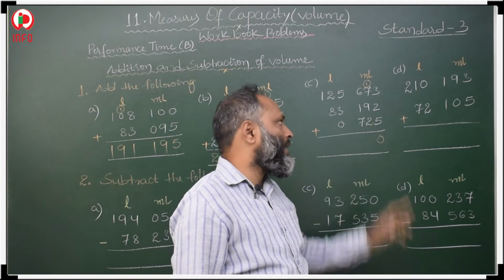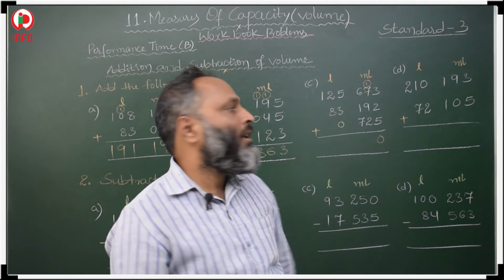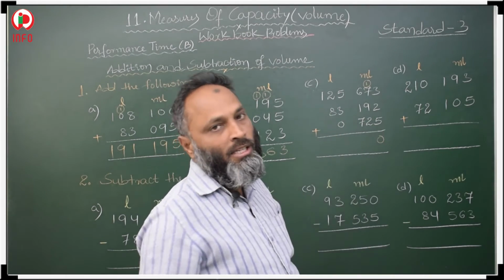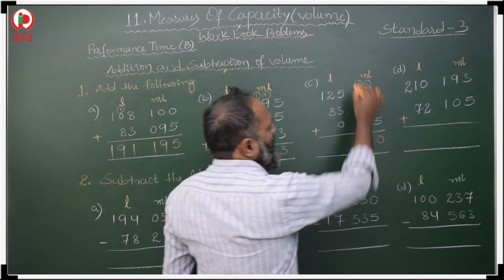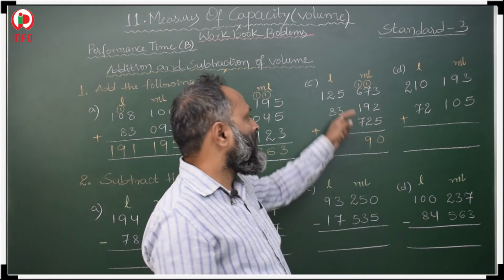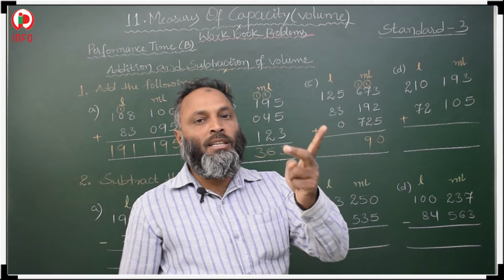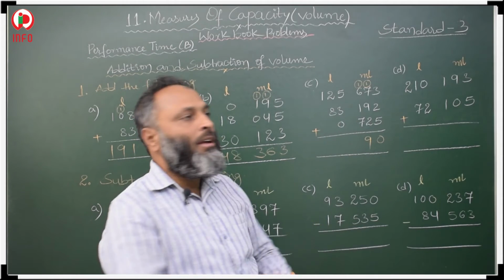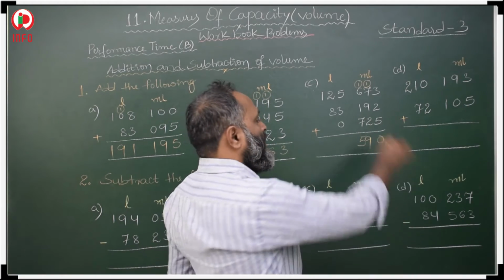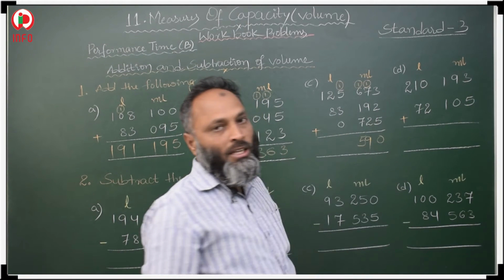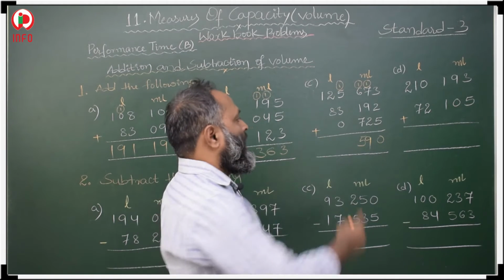8 plus 1, 8 plus 9, 9, 10, 11, 12, 13, 14, 15, 16, 17. 17 plus 2, 18, 19. 19 means 9 we take in the tens place, and 1 we carry over to the hundreds place. Then 6 plus 1, 7, 7 plus 1, 8. 8 plus 7, 8, 9, 10, 11, 12, 13, 14, 15. 15 means 5 in the hundreds place of milliliters, and 1 we carry over to the ones place of liters. Then 5 plus 1, 6, 6 plus 3, 7, 8, 9. 9 plus 0, 9.